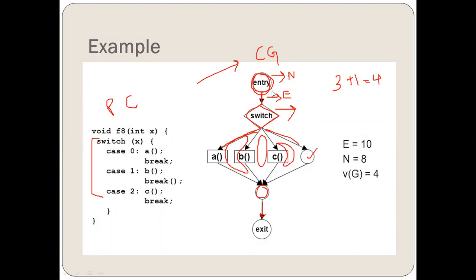So 8 nodes. Edges: 1, 2, 3, 4, 5, 6, 7, 8, 9, 10. 10 edges plus 2. So what I have is 10 minus 8 plus 2. Again, I get 4. So this is how the cyclomatic complexity is calculated, right? So I think you have understood this part.